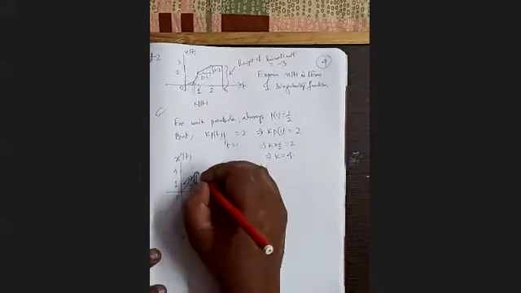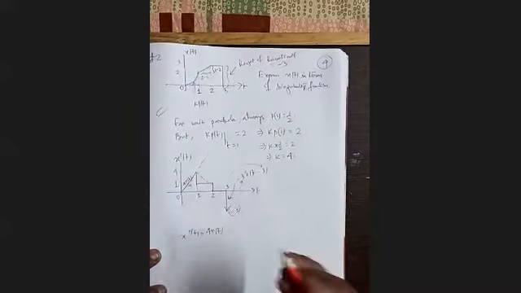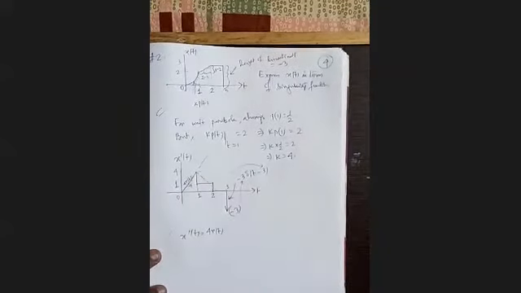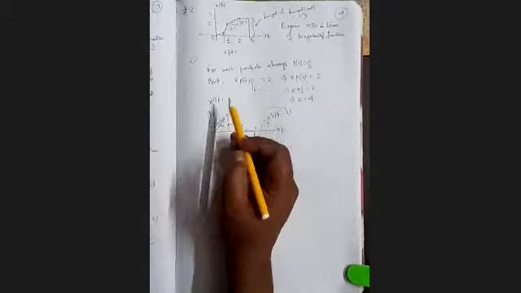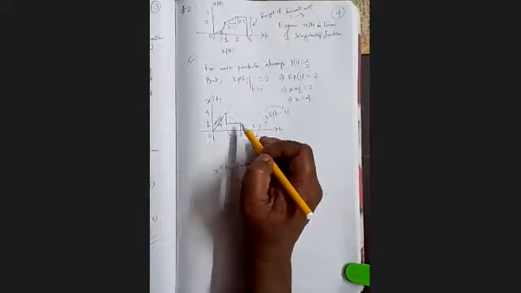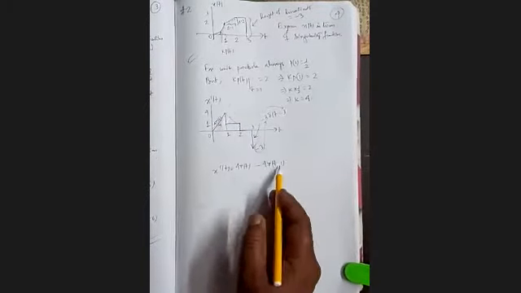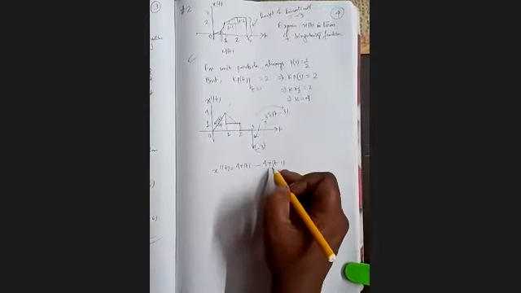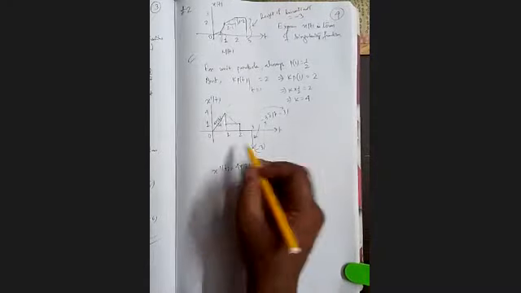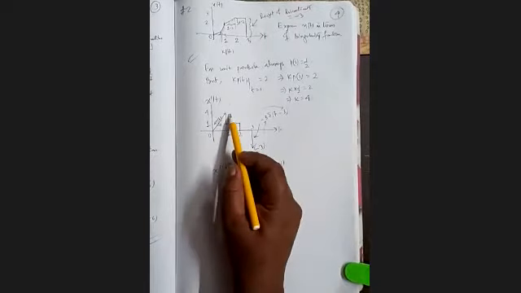Now, this ramp needs to be cancelled. It goes indefinitely, so we apply a negative ramp. The result will be a horizontal line. So this 4 at t, that ramp is cancelled by a negative ramp. We are applying a negative ramp at t equal to 1. It is 4 at t, so it will be minus 4. That slope is cancelled by minus 4 r, applied at t equal to 1. So it's 4 r t minus 1. The result will be one horizontal line.